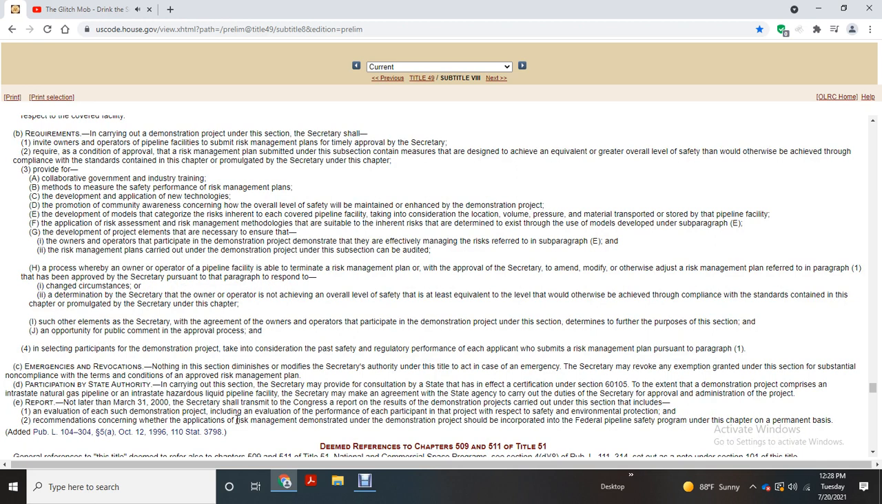Eighth, the process whereby the owner and operator of the pipeline facility may terminate risk management with the approval of the Secretary to amend or modify an otherwise risk management plan referred to in paragraph 1 that has been approved by the Secretary pursuant to the paragraph, to respond to 1, changing circumstances, 2, termination by the Secretary of the owner and operator of the achieving the overall level of safety, equivalent level of safety otherwise achieved with compliance with the standard contained in the chapter promulgated by the Secretary and the chapter